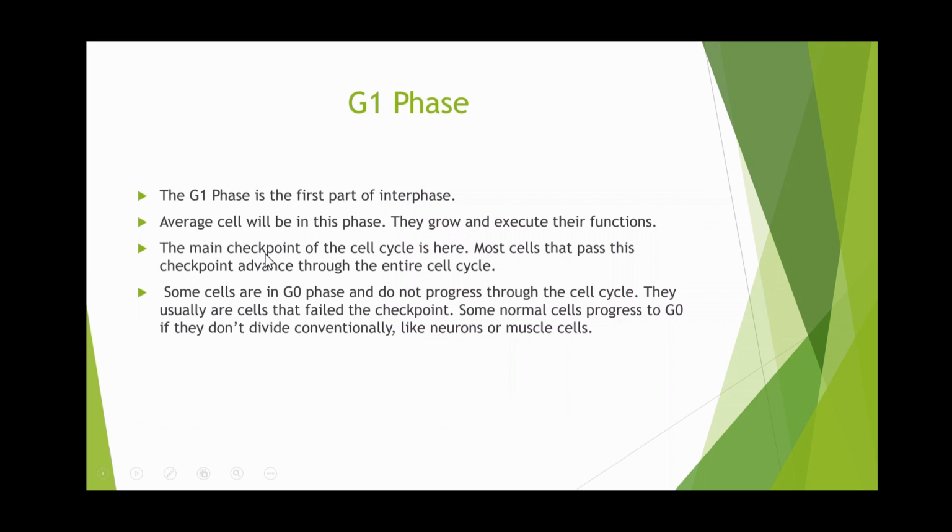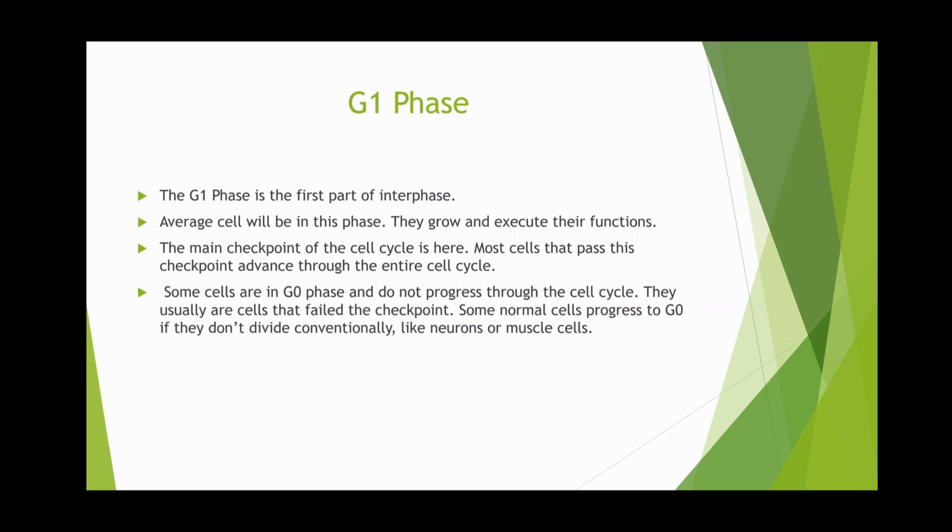Then the main checkpoint of the cell cycle occurs after G1 phase has occurred. This is really important because most cells that advance through the G1 checkpoint will end up advancing through the entire cell cycle. A checkpoint is essentially a set of criteria that a cell has to meet in order for it to continue